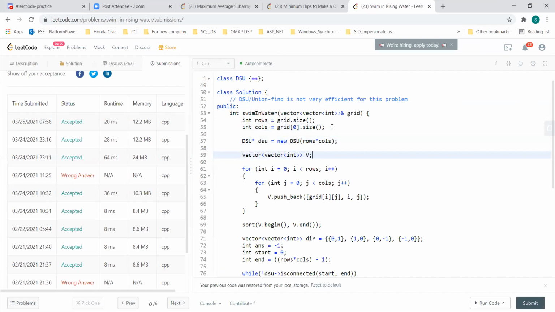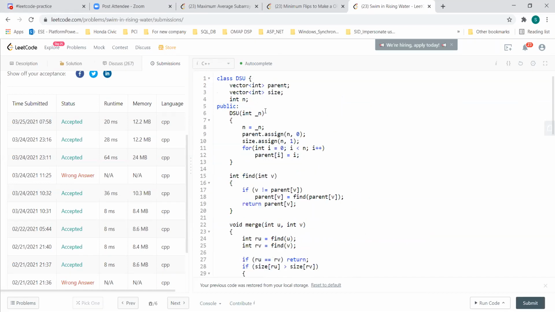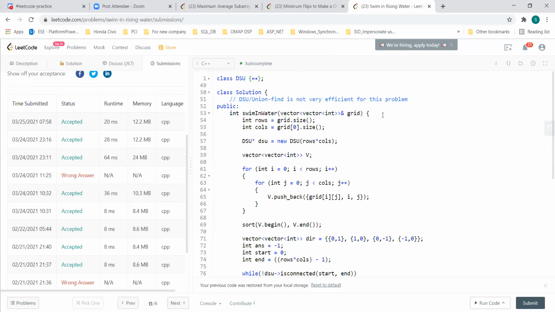Okay, so this is the normal union find class. You have all these parent, then you have this find, and then you have this merge, right? Or the union, whatever you can call that. So this is the standard DSU. Path compression also generally you are using, right? Yeah, I've used everything there. So this is the DSU I'm initializing with the rows and columns.